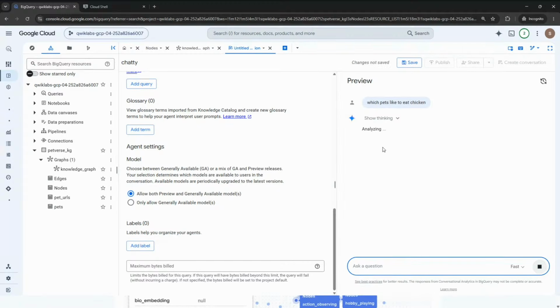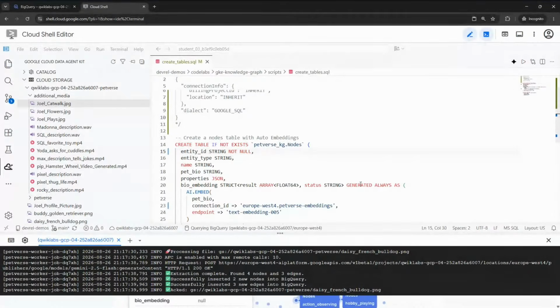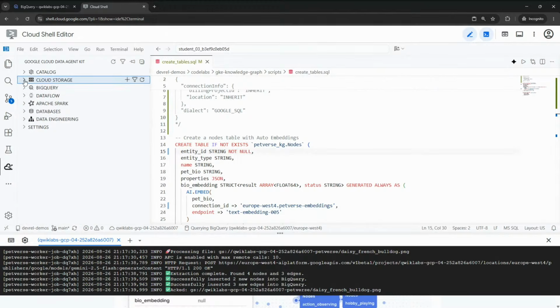What this is going to do is create a GQL query and have at it with our beautiful graph. Hopefully sometime soon. But while this happens, and because I do not want to run out of time while you folks are looking here, I do want to call out this extension that I'm using here, which is the Data Agent Kit. The Data Agent Kit was announced during Next of this year, and it allows me to do pretty much anything from, in this case, the Cloud Shell editor, but it works in Antigravity, it works in VS Code, it works on